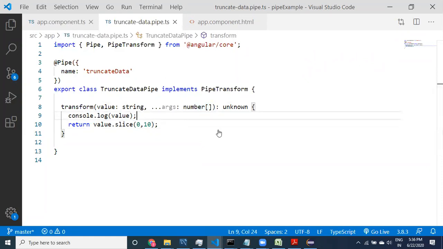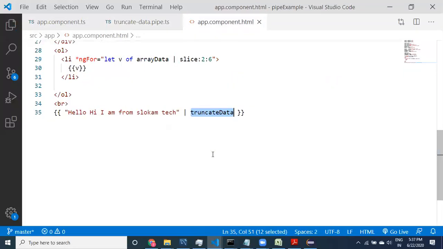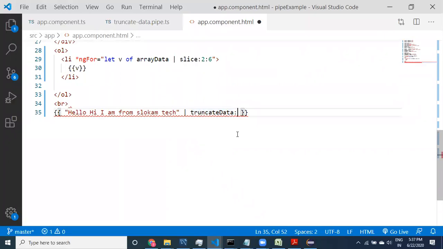While displaying, I can provide parameters after the colon: the starting value is going to be 2 and the ending value is going to be 6. I want to provide these values. This is arguments.